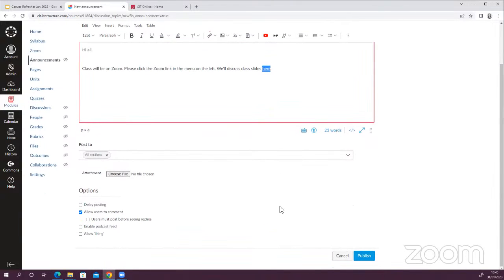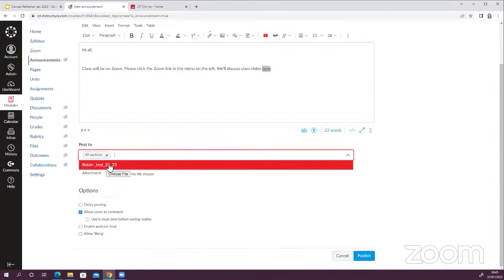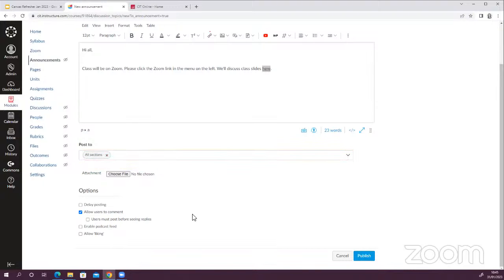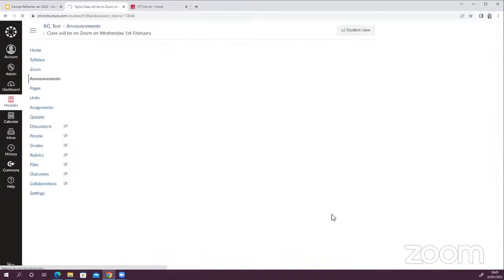So what I can do as well is there's an option to post it to all sections. If this is a cross-listed module, or if you're using sections within your module, separating student groups, you can click here and it'll give you the option. So this is the one section or CRN that would be in use in this module. I can click on that, or else it will just send it to all sections. You can attach a file if you like here, and then you've other options like allowing users to comment, allow liking, delay posting, anything like that. So if I click on publish,